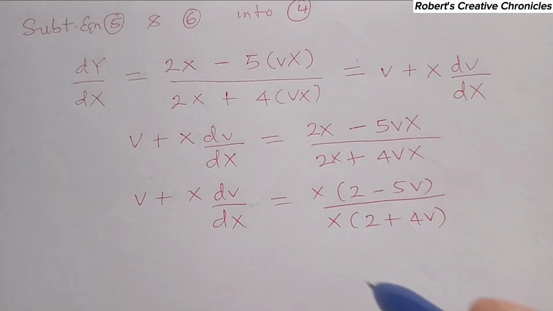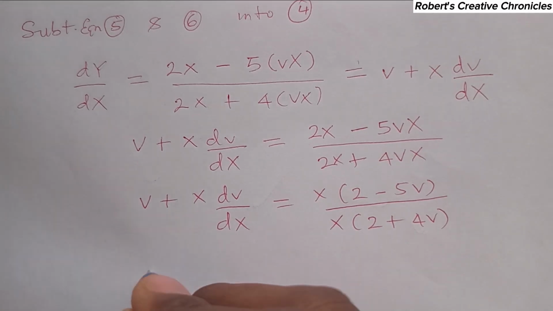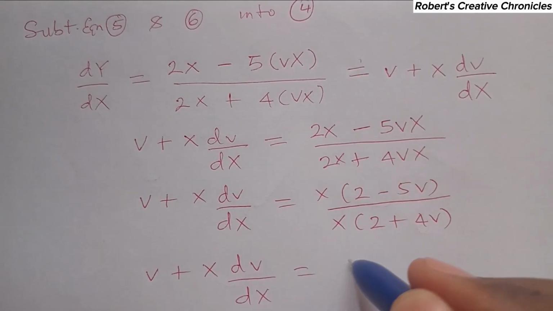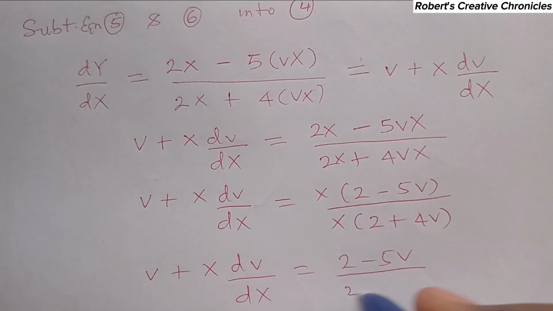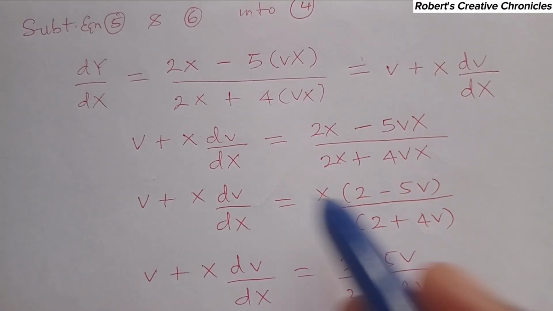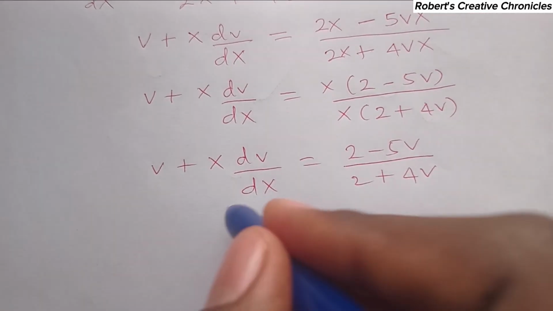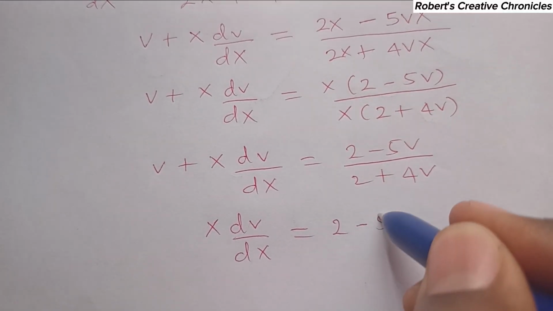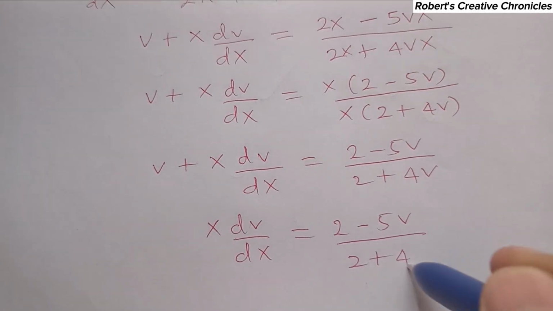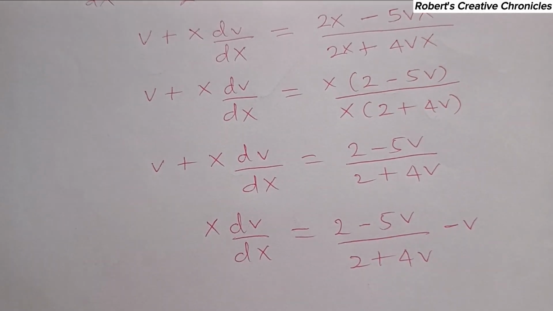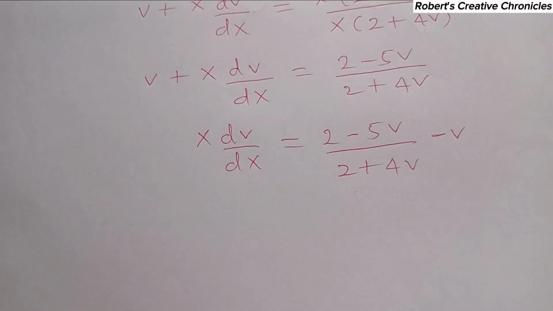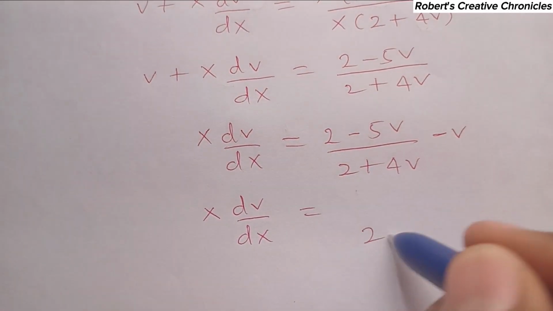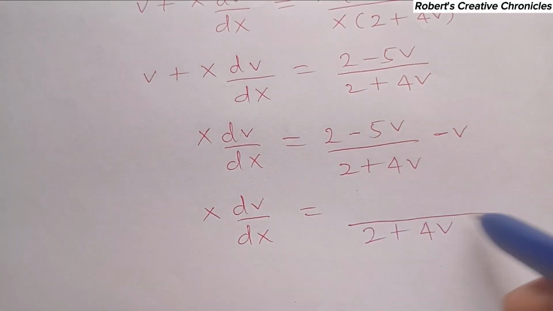So now this x will cancel this x. So it becomes v plus x dv over dx is equal to (2 minus 5v) over (2 plus 4v). You can take this v to the other side. It becomes x dv over dx equals (2 minus 5v) over (2 plus 4v) minus v. Then the LCM is 2 plus 4v. So it will be x dv over dx is equal to